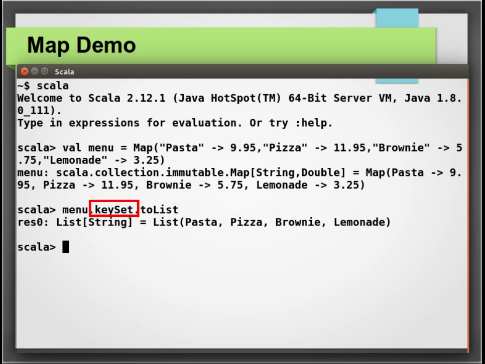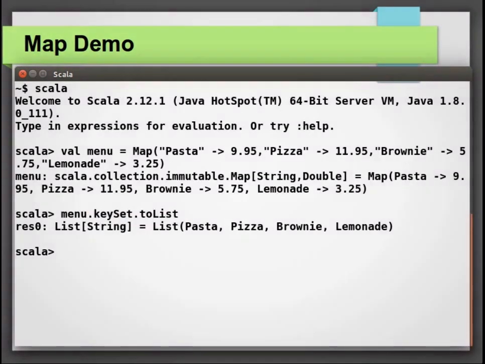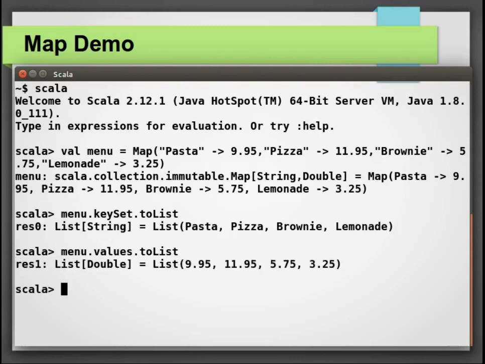We then use the toList method to convert this set into a list. It's equally simple getting a list of the values for a map. Simply use the .values.toList method calls one after another. You can see that carrying out this operation on our map gives us the food item prices, which of course were the values in our original map.